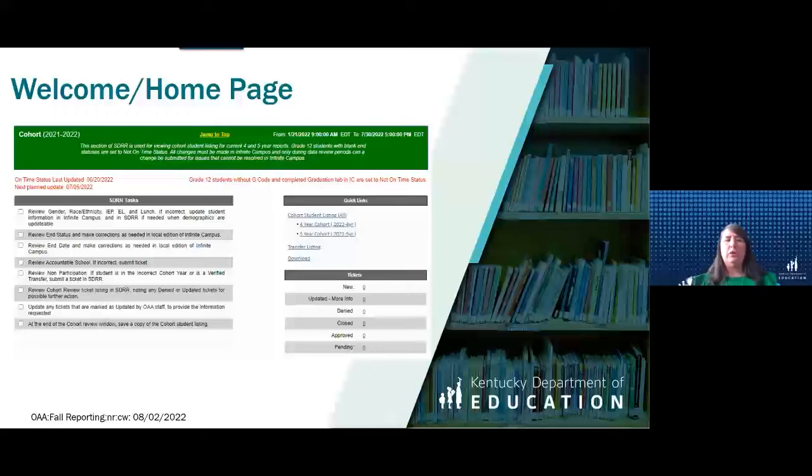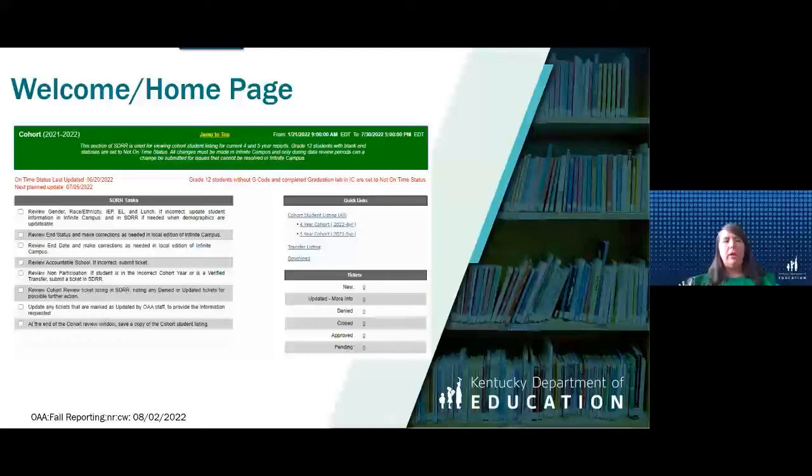And that is reviewing all of your different graphics. You want to update the information in Infinite Campus and also in SDRR if needed, when demographics are updatable. It will let you know whether it's updatable or not for cohort.